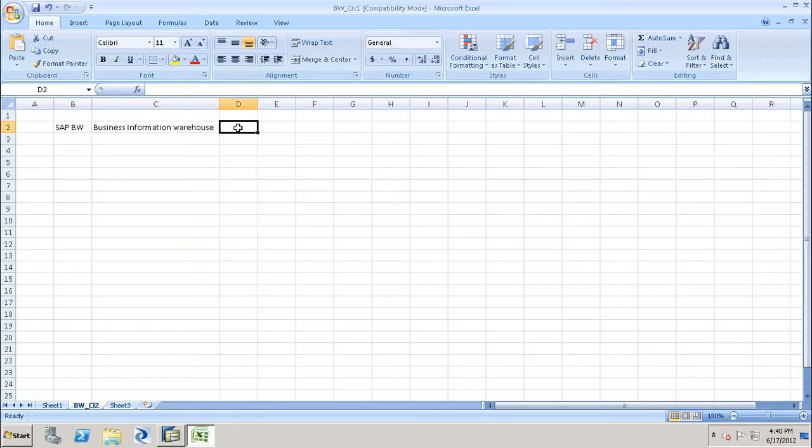SAP introduced the BW system in the year 1998, and the first version was BW 1.0B. This is the version they released in 1998. After that they came up with different versions like 1.0A, 1.0B, and so on, like BW 2.0A, BW 2.0B, next BW 3.0, next BW 3.5,